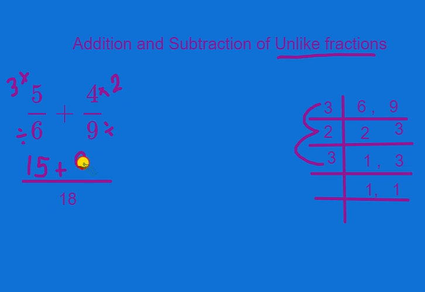Okay, so here we are. Now we will add the numerators. 15 plus 8 is 23, whereas denominator is common, 18. This is how we add or subtract unlike fractions. Okay, now the fraction is already in the simplest form and it's an improper fraction, so it's important to convert it into a proper fraction. Go to the working column, find out the quotient. Quotient will become the whole number, remainder becomes the numerator, whereas denominator remains the same.